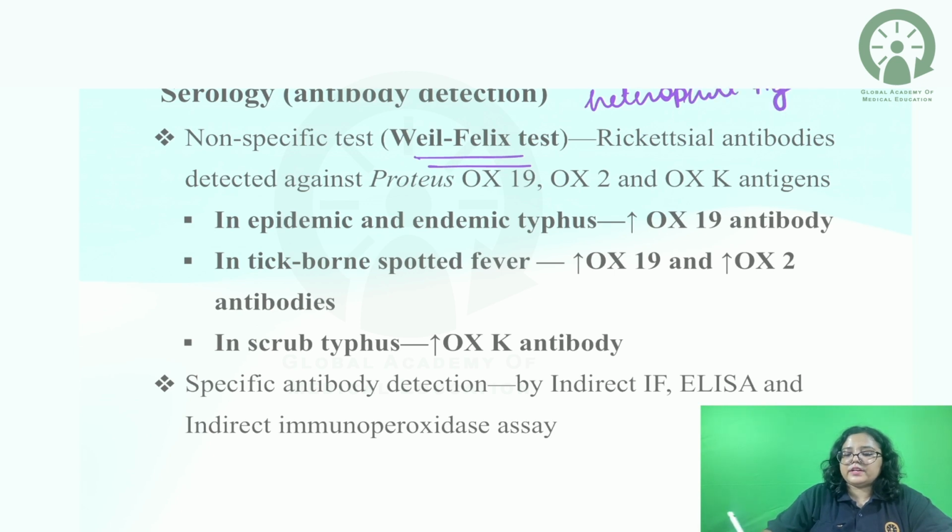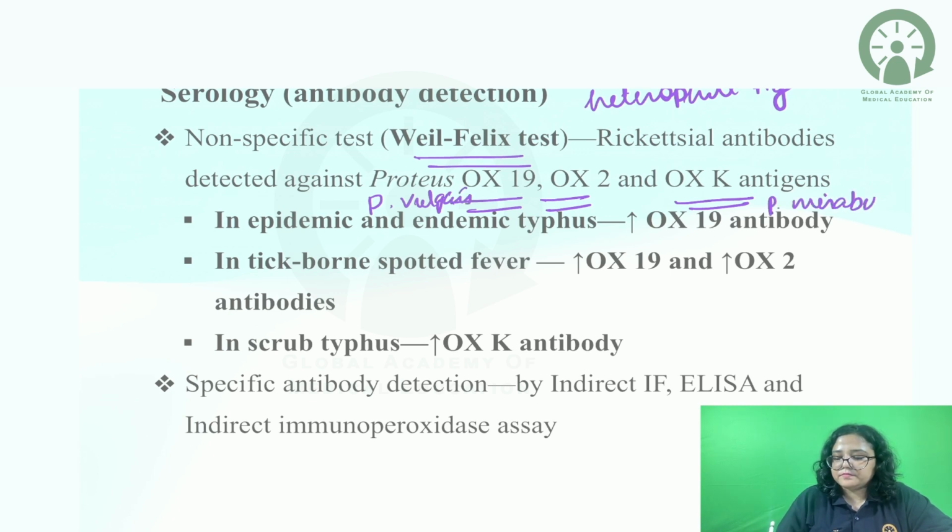So this is a shared antigen between Rickettsia and the non-motile strains of Proteus. Which are the non-motile strains of Proteus? OX19, OX2 and OXK. OX19 and OX2 of Proteus vulgaris and OXK of Proteus mirabilis. In epidemic and endemic typhus, if we go back and look at the chart, I have told you that there